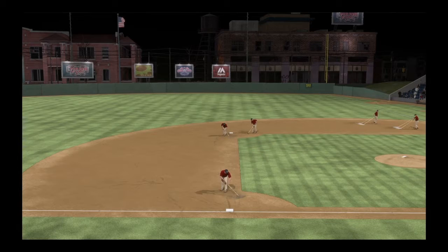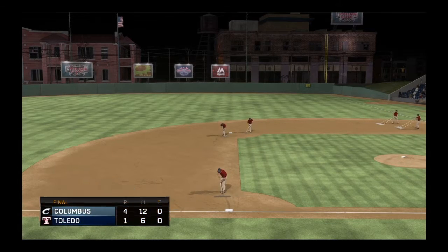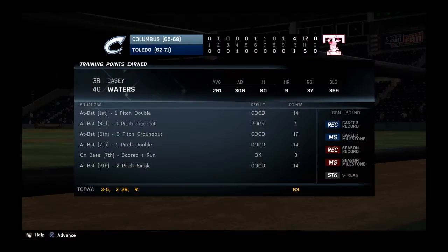Well, you always hope to get a good outing from your starting pitcher, but this man went above and beyond in this one. He's our top player of the game. Yeah, he wound up turning things over to his bullpen in the